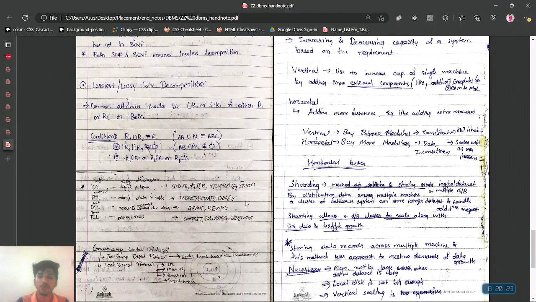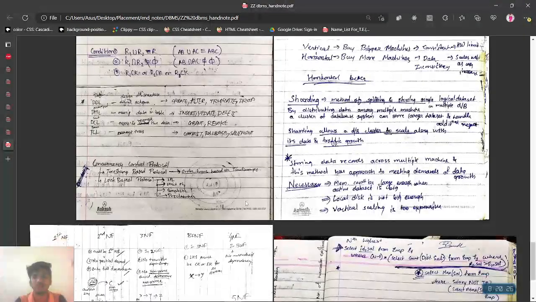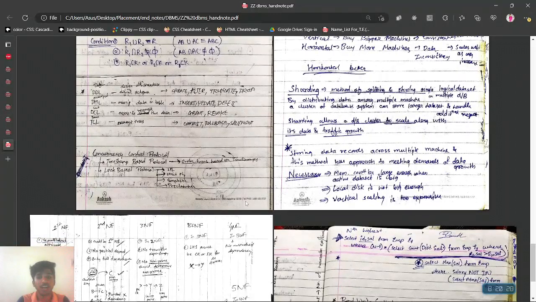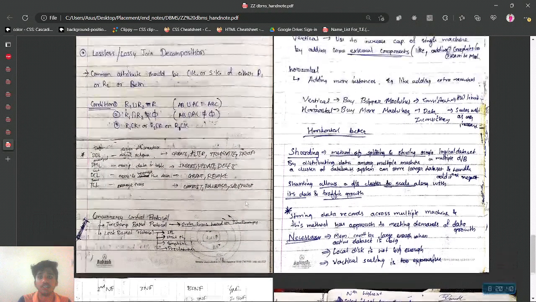Storing data across multiple machines is necessary because memory can't be large enough when the active data set is big, and the local disk is not big enough. Vertical scaling is too expensive, and that's why we